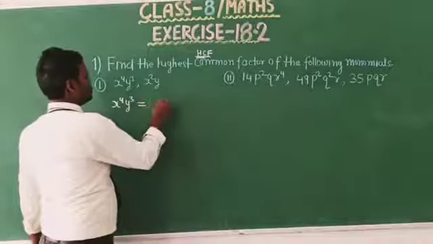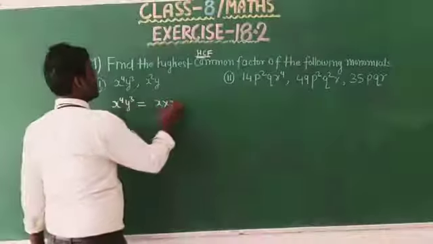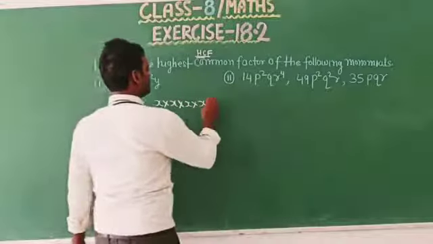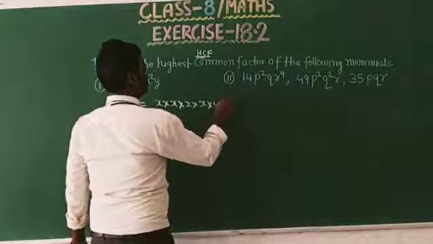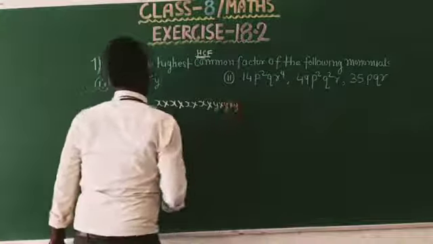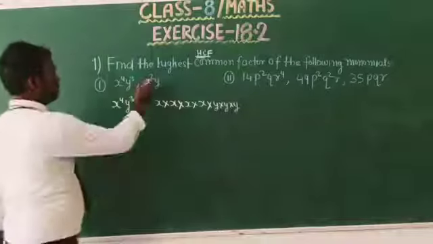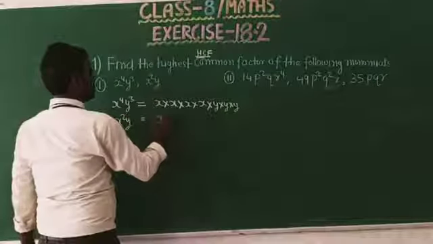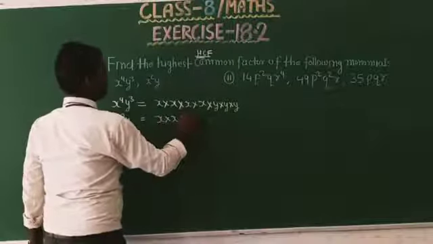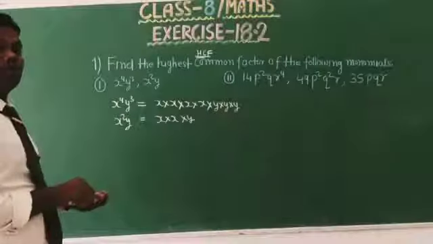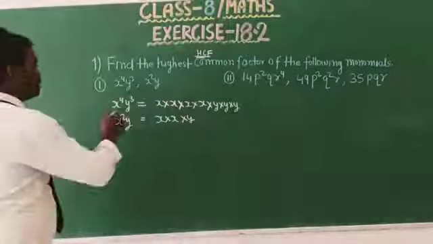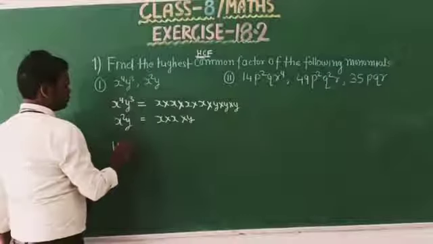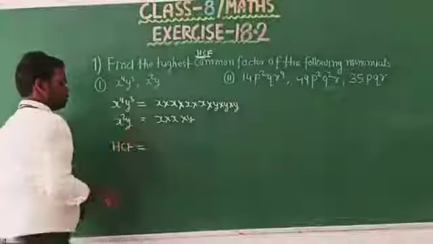This is x to the power 4, means x into x 4 times, and y to the power 3 means y into y 3 times, and x square y is x into x into y. Okay, then the highest common factor, HCF equal to